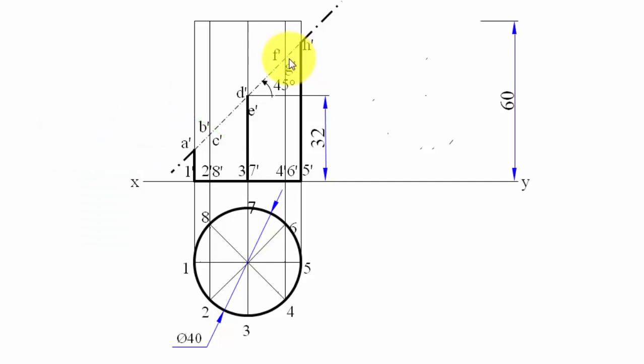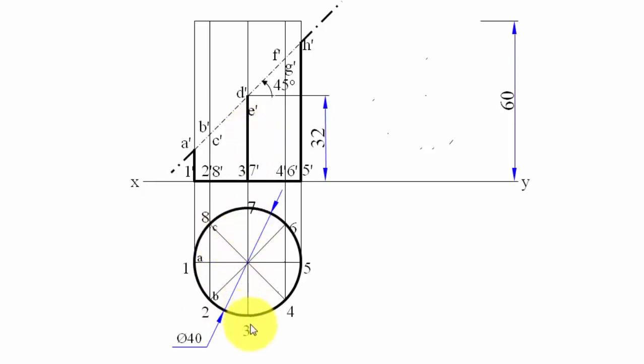All right, now we're going to go ahead and make the sectional top view, and let's see how that can be done. Now when you look at this object from over here from the top, this point A dash will appear here along with 1. So initially you're going to be watching this point A, and below A will be point 1. So here we're going to write A, simply A. Now again, when you try to look at this entire scenario from the top, there is going to be point B, and below B there will be 2. Below, then there is going to be C, and below C there is going to be 8. So over here I'm going to be writing B, and over here C.